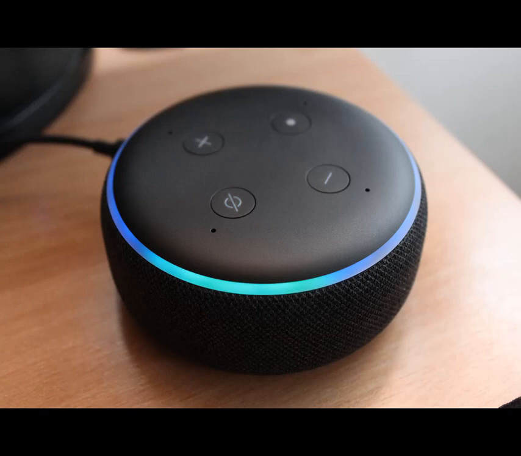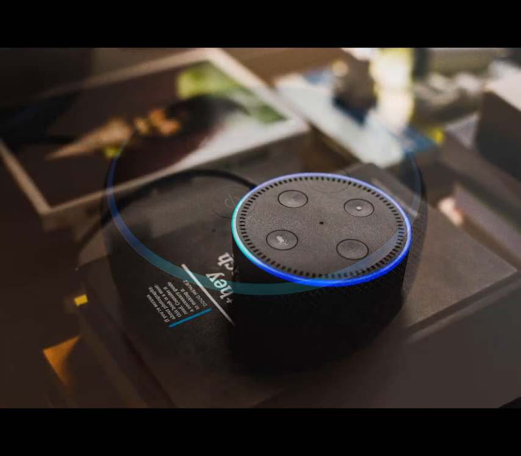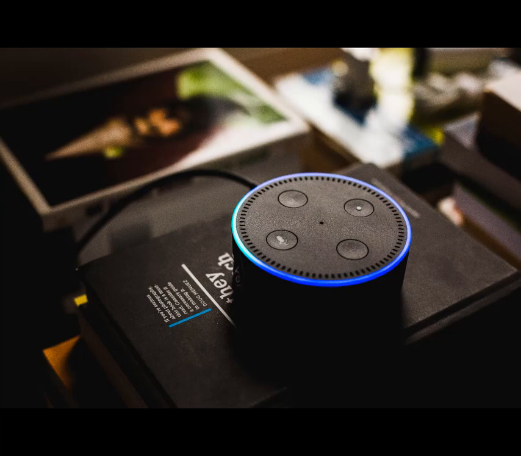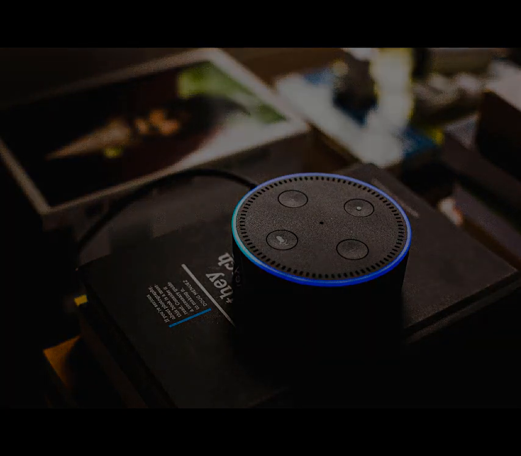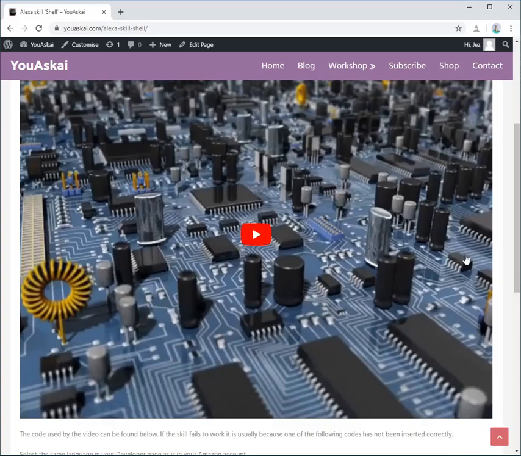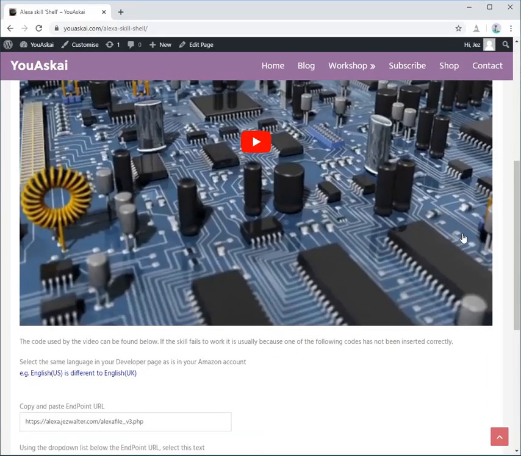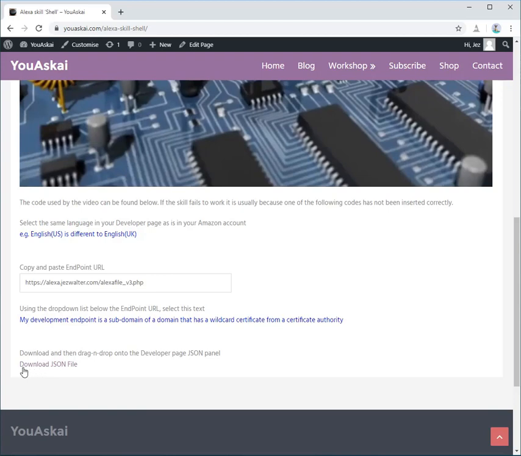Hi. We're about to create a new Alexa skill shell. It's a shell because it doesn't actually do anything other than welcome you. You would then upload and re-upload commands to your skill shells as often as you like directly from your mobile phone or desktop PC. Before we get started, scroll to the bottom of this page and click the download link